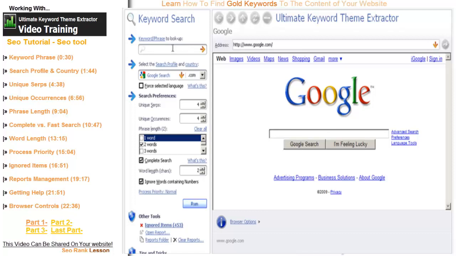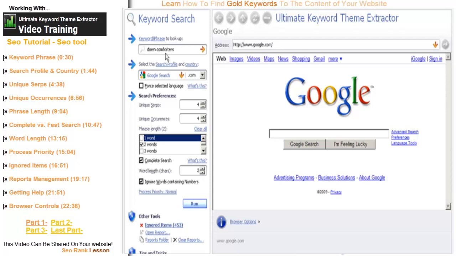And basically the program will replace, just like you would do a search, it will replace that when the search is run. So you can do site-specific searches, you can do all in title, all in URL, but usually you'll just be using this field to type in the keyword that you're trying to rank for. So in this instance, say we're trying to rank an article for down comforters, we would just place the keyword